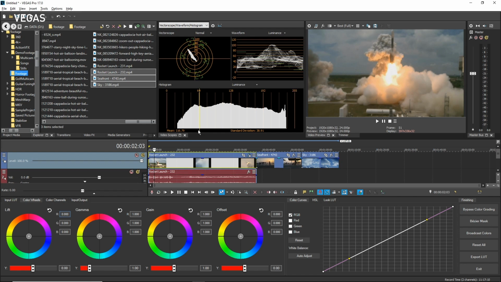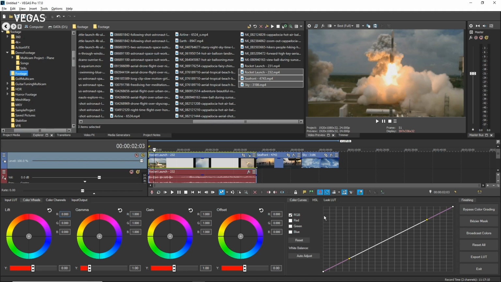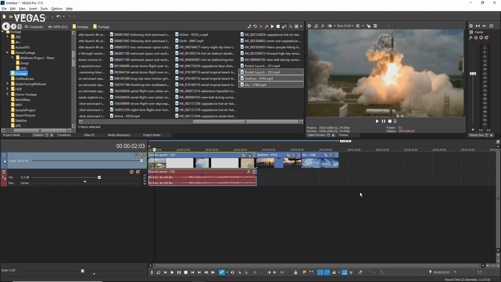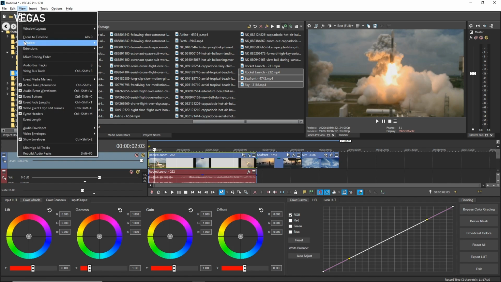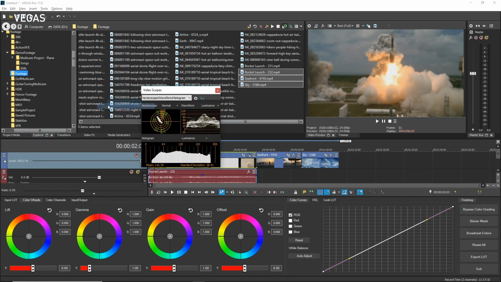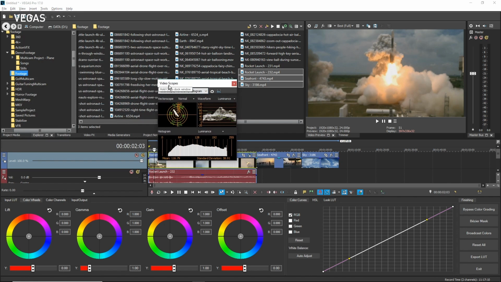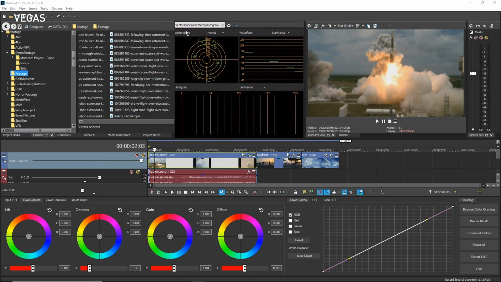To see this, click the Close button on the Video Scopes tab. Click the Color Grading button to close the panel. Click the Color Grading button again to reopen it. This time, the Video Scopes window does not open with the panel. To open it again, choose View, Windows, Video Scopes. Hold the Control key and drag the Video Scopes window into the window docking area to dock it next to